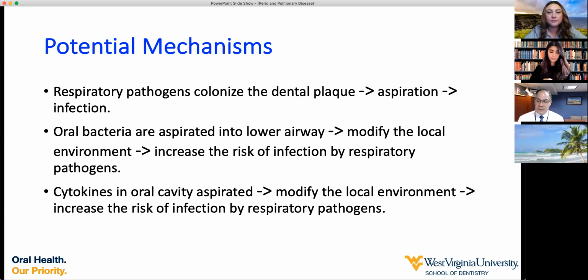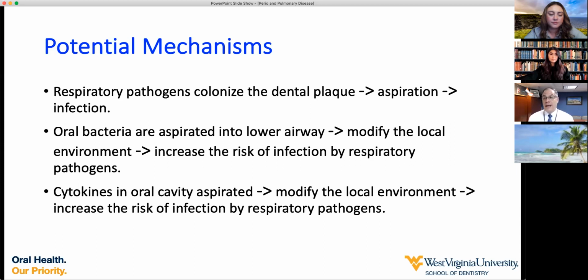And then last, but certainly not least, because periodontal disease is an inflammatory disease, we know that there are cytokines and other pro-inflammatory proteins that are produced by the soft tissue and the hard tissue as well in response to the infection. These can be aspirated through the oral cavity into the pulmonary system. It can also have an effect on the local environment within the soft tissues, again,